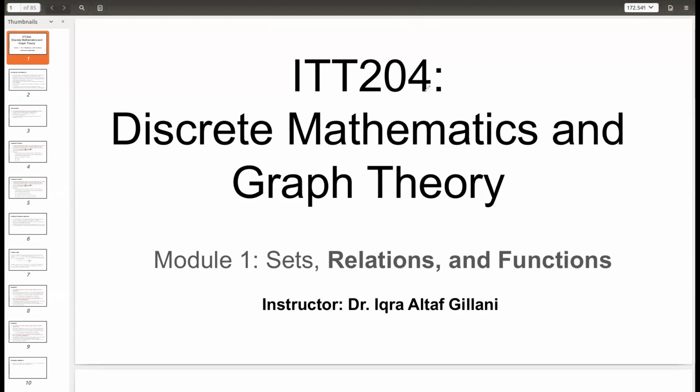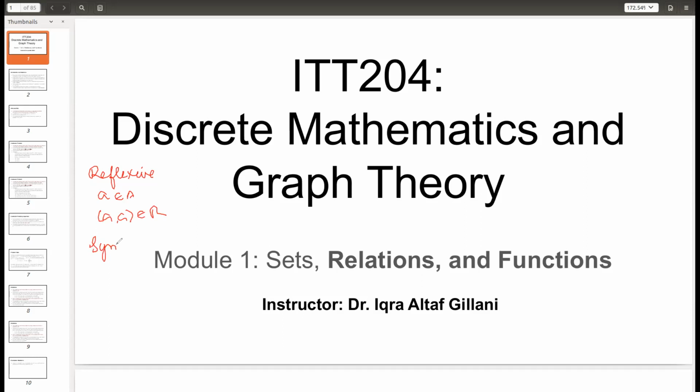So, what we had discussed last time, I'll just quickly summarize. We had discussed different kinds of relations. We understood what a reflexive relation is, wherein for all elements A in A, we have A comma A pairs in the given relation. Similarly, we saw its complement, which is the irreflexive relation.